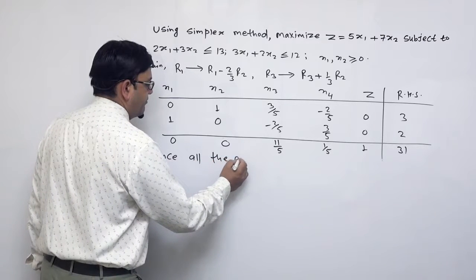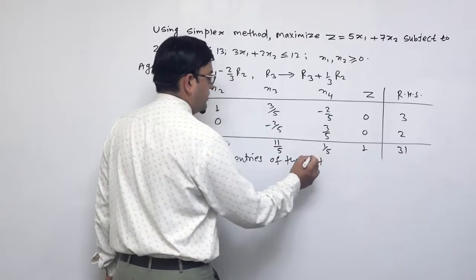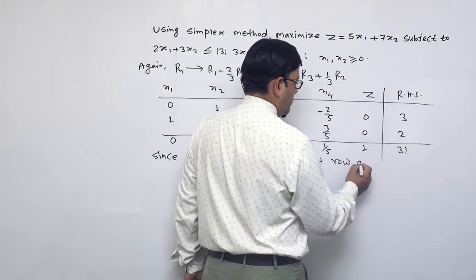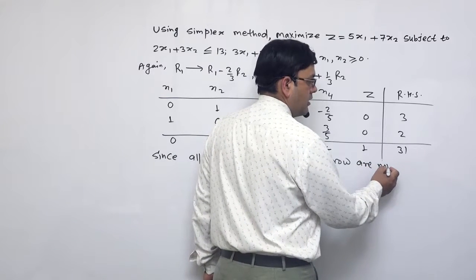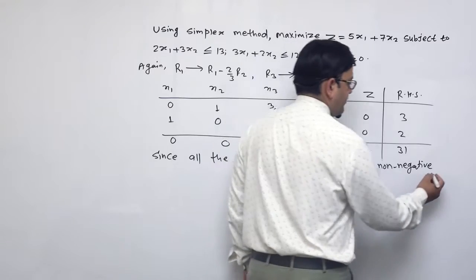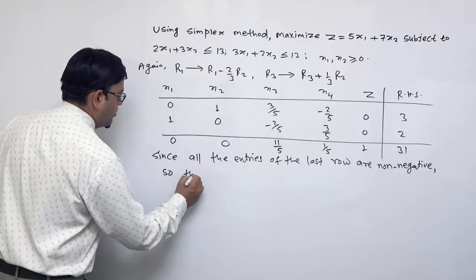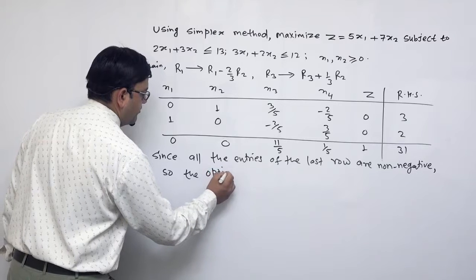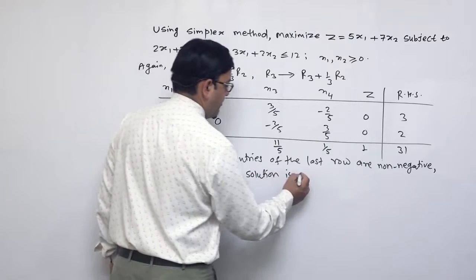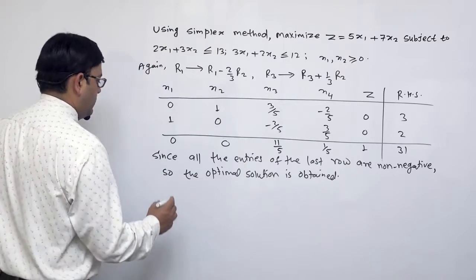All the entries of the last row are non-negative, so the optimal solution is obtained. Therefore,